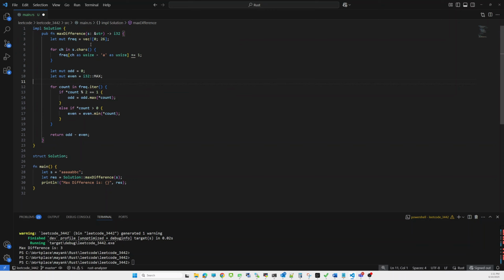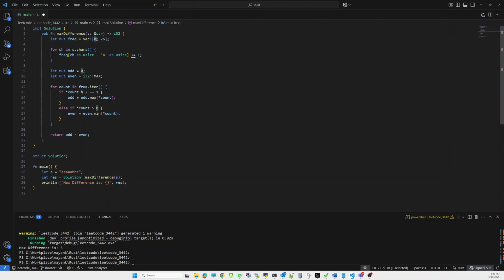Now in this method, for storing all the frequencies, I need a vector. So how can I create a vector? This is the method to create a vector.